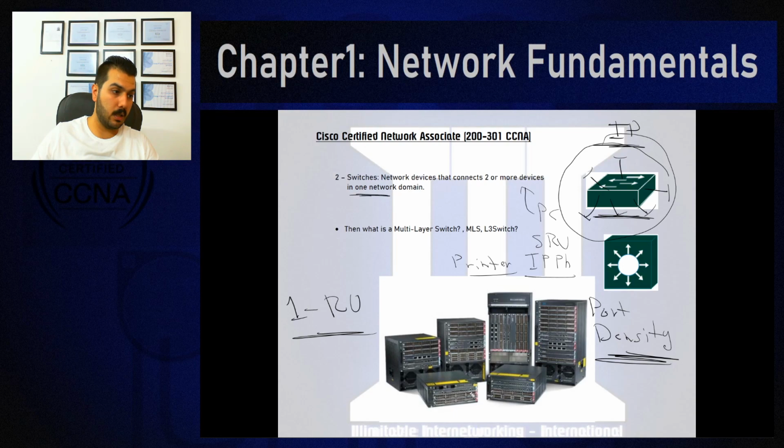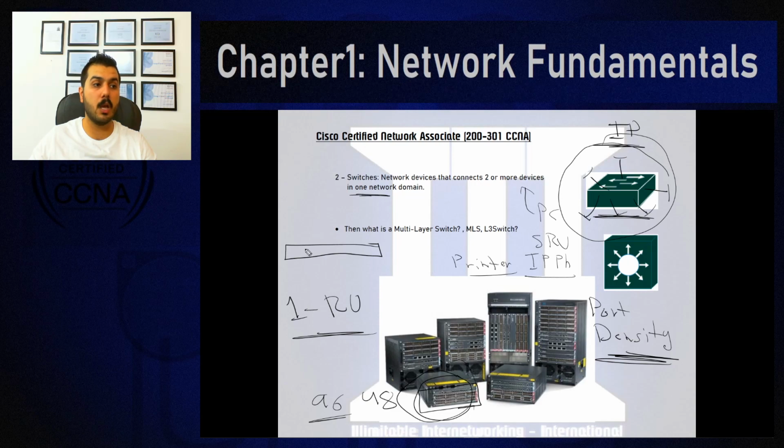Because as you can see, this switch has 2 lines of ports. If you count these black ports, each line has 48 ports, and you can see that it has 2 lines. So that is a minimum of 96 ports in a single switch, and this is one of the smallest sizes of switches. These others are much larger, and there is another type, which is the first type and the main type of switches, which comes in a single rack unit, just like I have mentioned.